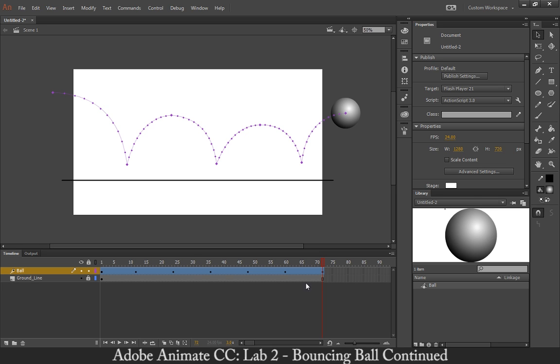So now when I play it back, I have this bouncing ball. Womp, womp, womp. And I wasn't too worried about the weight and timing of this particular lab since we're just starting out. But one thing I am concerned about, I want to teach you right away how to create a squash and